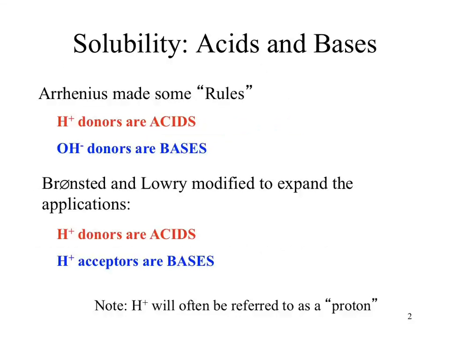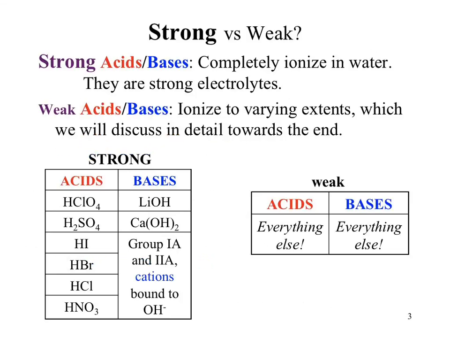Okay? With our acid-base definitions, the ones that are primarily important are your Bronsted-Lowry definitions. So we're looking for that hydrogen ion exchange. And then we said strong versus weak. The strong acids you said you had to have memorized, so we've got those six strong acids that I want you to have memorized. And then your weak acids and bases are pretty much everything else. Okay? So when we go through and look at those, that's going to be the crux of a lot of the homework problems: looking at how those weak acids and bases determine different equilibrium constants and concentrations,